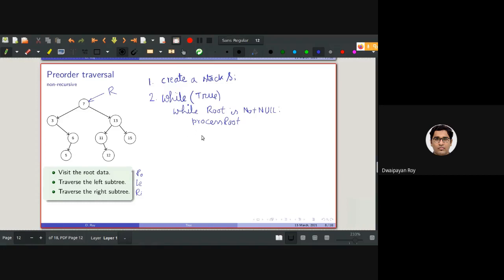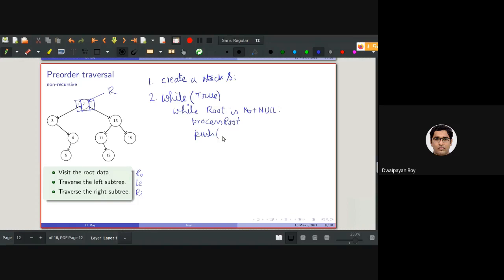And then we need to push, help me out here, what we need to push? From the left pointer, it is there. From the right pointer, it is there.